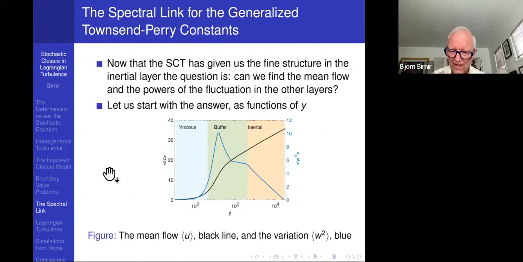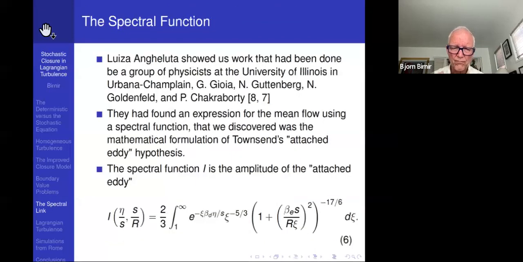And what we did here was to use these ideas of a group of physicists at the University of Illinois, and Louisa, she brought this to our attention. This group had found an expression for the mean flow using a spectral function. Basically, you look at Townsend attached eddies and you derive a formula for their amplitude. And this formula is given by a spectral function where you have incorporated both the